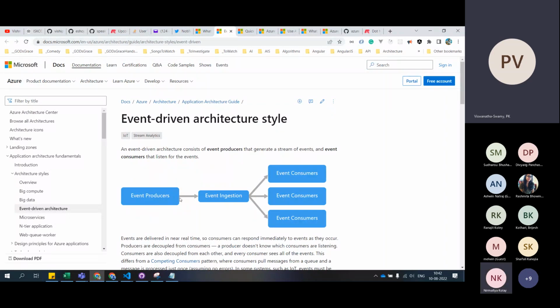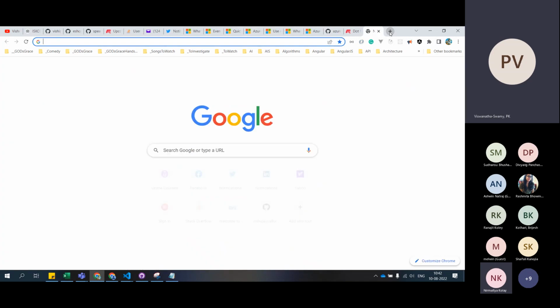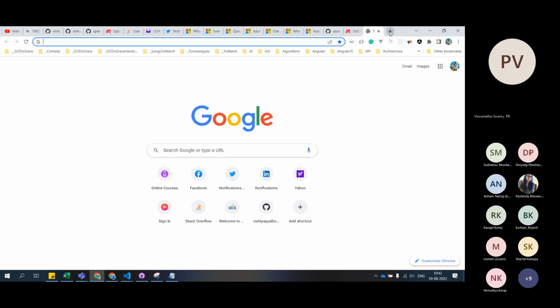Someone is producing the events. Here is the ingestion, and there are consumers. These guys don't do anything until you tell them, hey, this is what it is. And imagine a scenario where you have a Service Bus queue, and